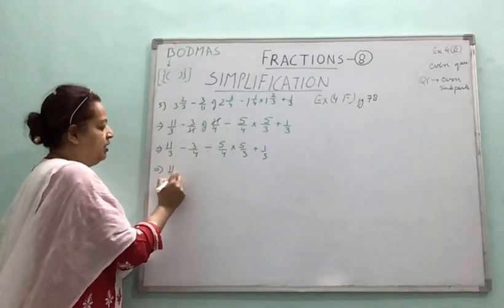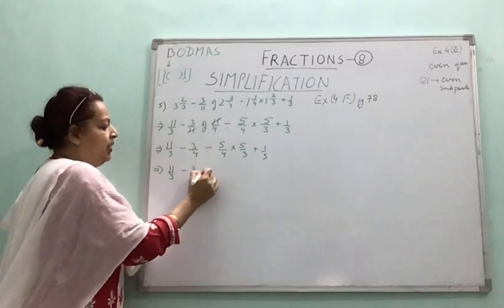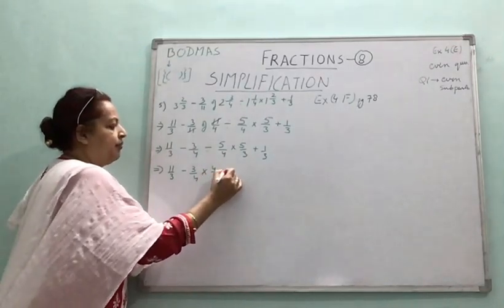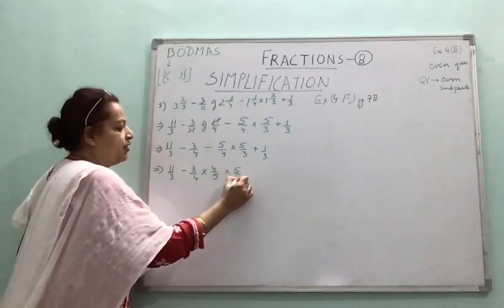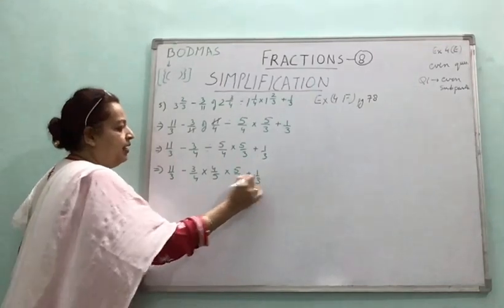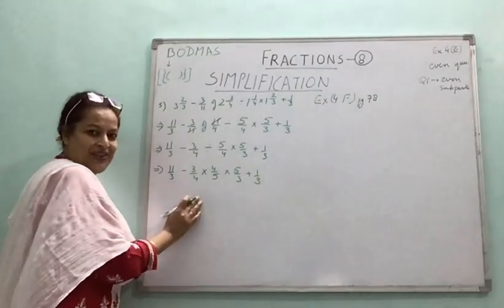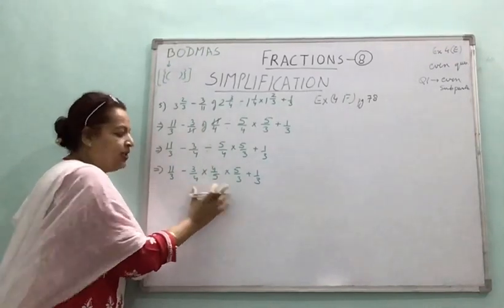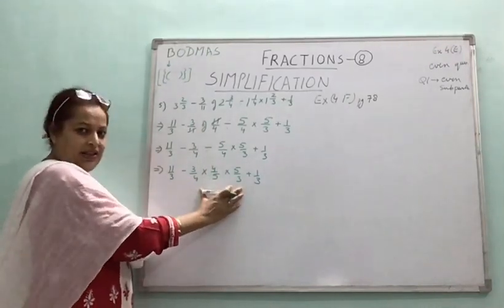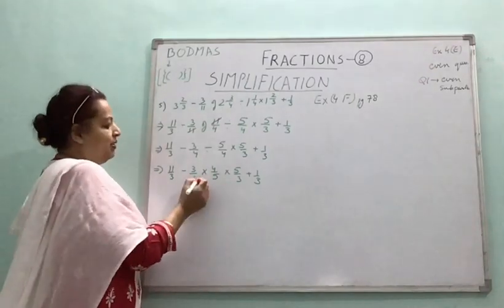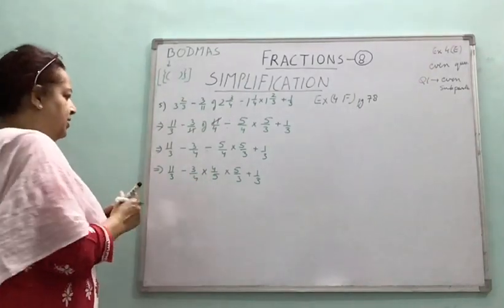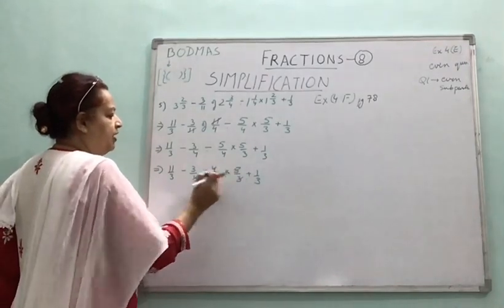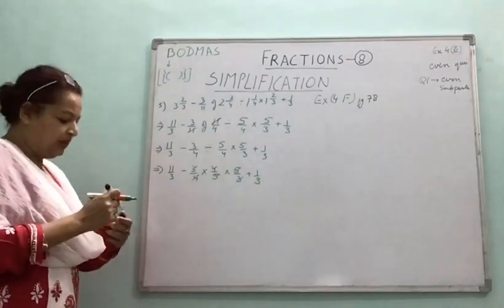So for division, multiply by 4 by 5. Copy the remaining as such. Now if you wish, you can do all these three together. Now no problem. Because you have already taken reciprocal, put multiplication symbol, you can multiply these three. In this case, you can do that. So I'll reduce the ones which can be cancelled. 4 cancels with 4, 5 cancels with 5, 3 cancels with 3. Only those which are multiplied.